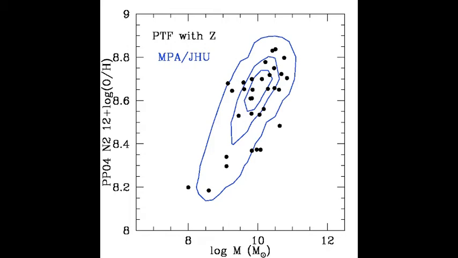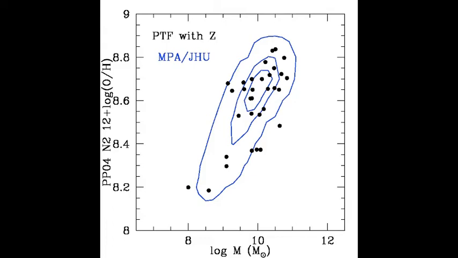90% of the host galaxies are in the Sloan survey photometric footprint, so we extract fluxes in the 5 Sloan bands and fit for the galaxy mass, star formation rate, and characteristic stellar age. For context, we compare the hosts of these Type II supernovae with the star-forming galaxies in the MPA-JHU value-added catalog, shown here in blue contours.